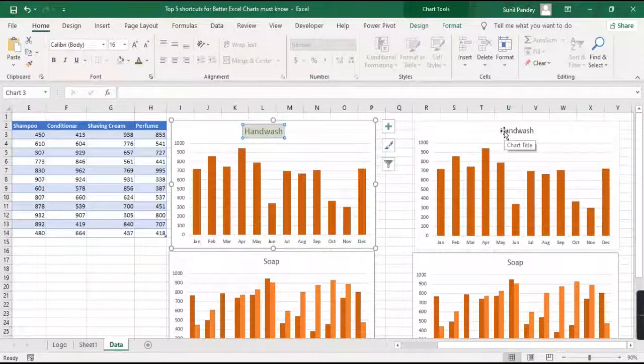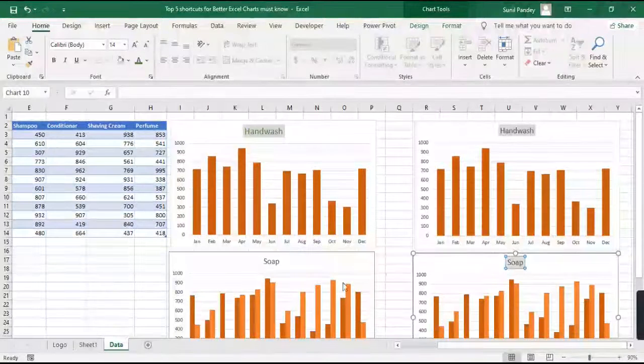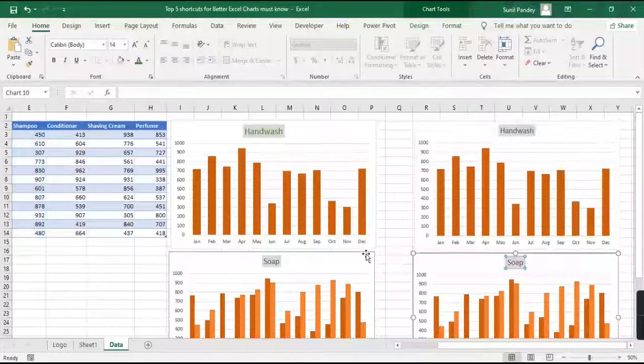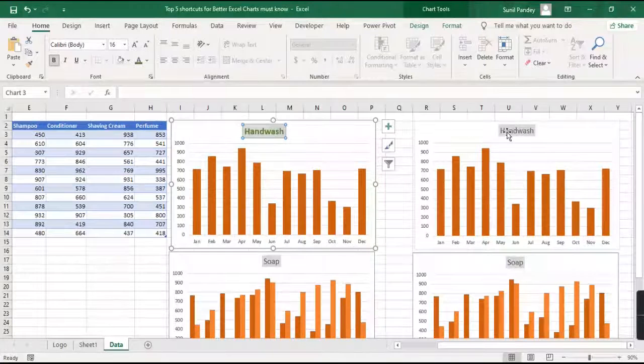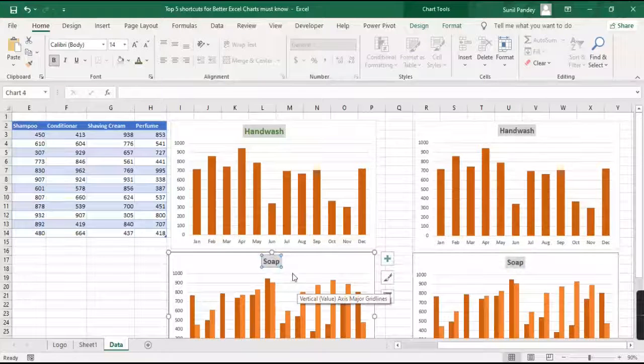So what you need to do, just select this one, press F4, select this one, press F4, select this one, press F4. Okay, you don't need to do it on every chart. Suppose I want to make it bold, select, press F4, select, press F4, press F4.